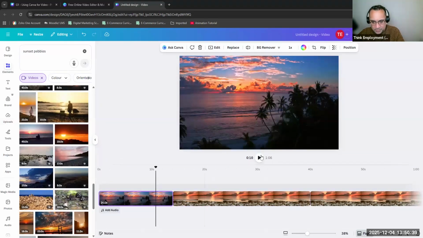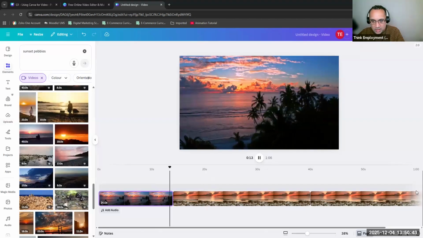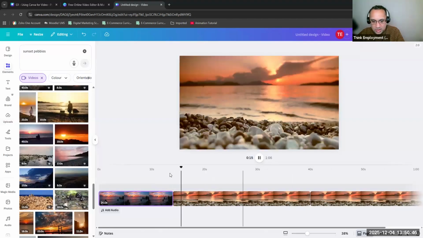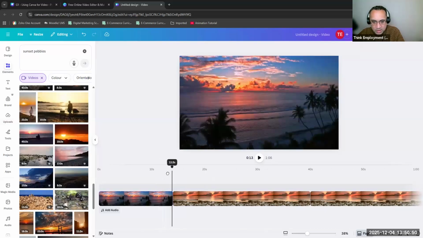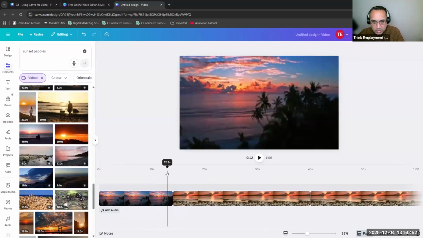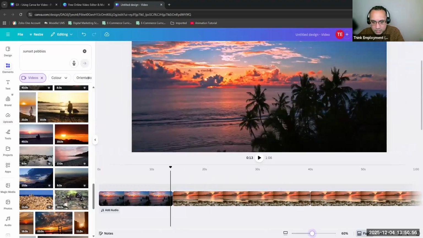So if I had that scene, play it. So you're on that scene, and then it goes to that scene. There was a little jump there, which I didn't like. So I want to now edit a little bit. So let's see what happens. So if I zoom in, so you can see a little bit more of the scene. If I play it,